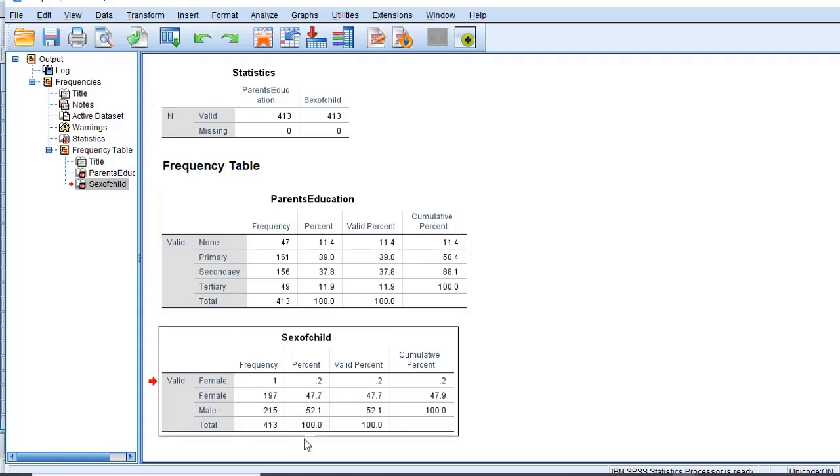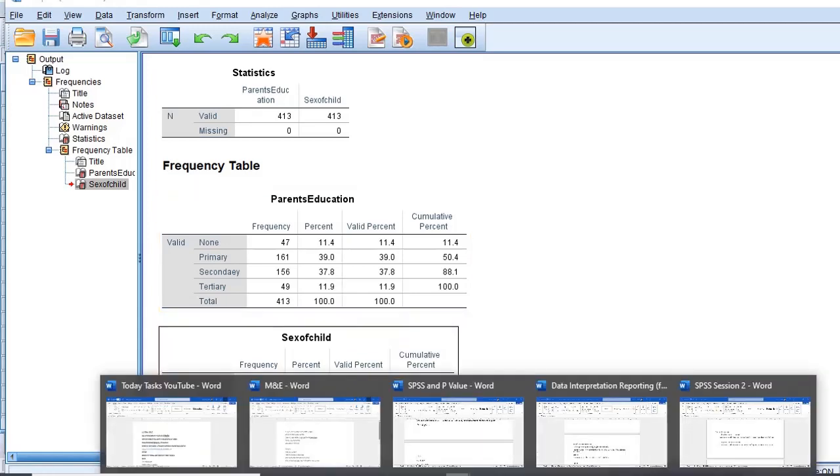And here we can see that female percentage is 47 and male is 52%. So this is the basic table for frequencies. Now, how to interpret this data? So the simple way is,